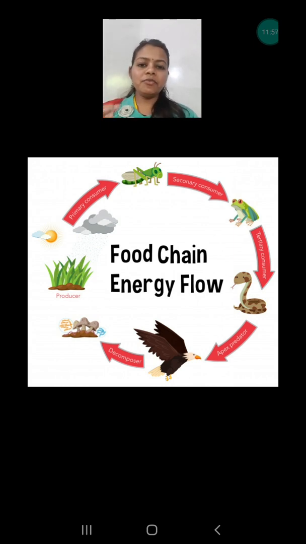So if we are eating anything, we are getting energy from that. And in this nature, this is creating one chain. That means from the plant to the insect, from the insect to another living being, and that is eaten by another, and it is creating a chain, which is known as the food chain and flow of energy. An energy chain or a flow of energy chain can also be said.